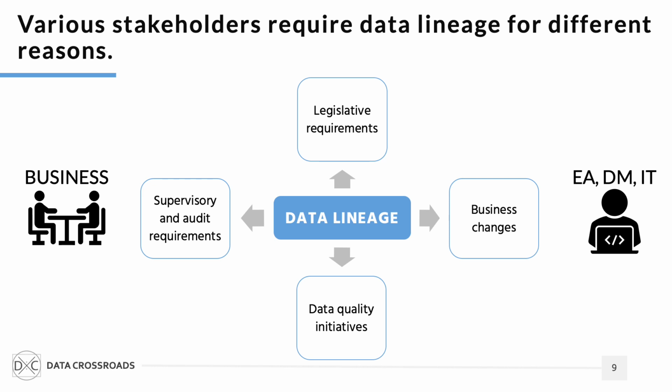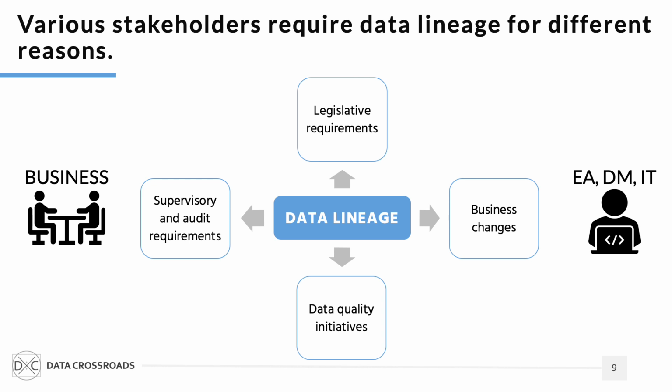Often, internal and external auditors ask for the explanation of the origin of some reported figures. To be able to trace changes in data, finance and risk staff need to have access to the data lineage information. I hope I have convinced you that the documentation of data lineage becomes an unavoidable task for different data management,